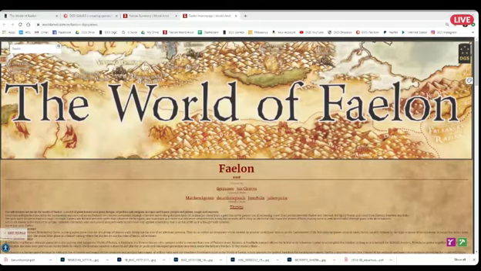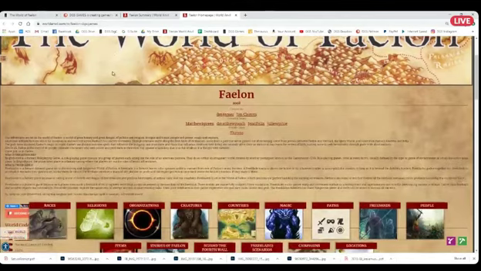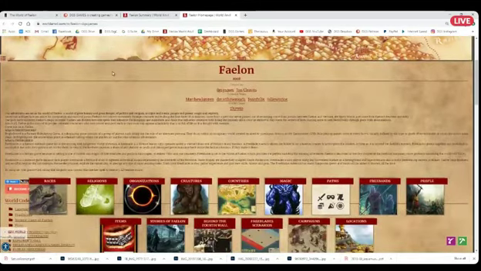So we're in the World of Faelon as part of World Anvil. You can see here that Faelon, part of DGS Games, is on the World Anvil website, worldanvil.com, up here in the URL bar. And this is the homepage of the World of Faelon. There's a text description of what it does